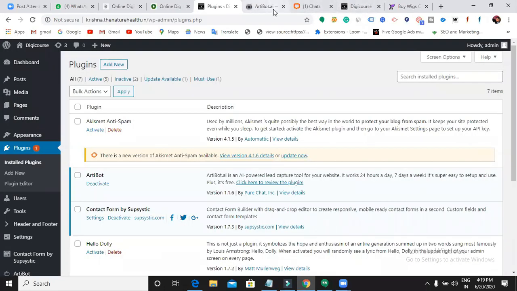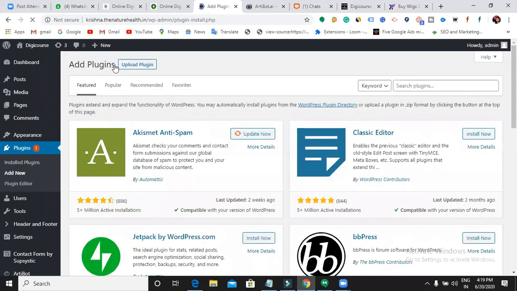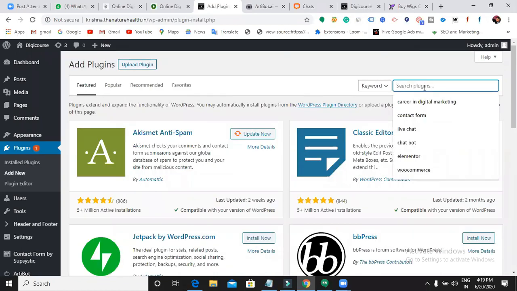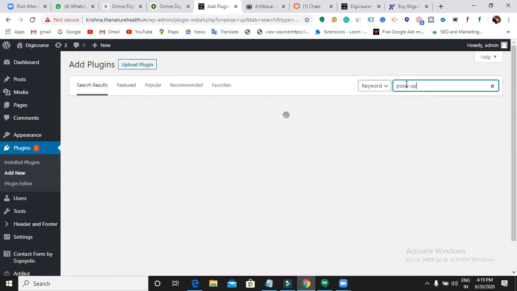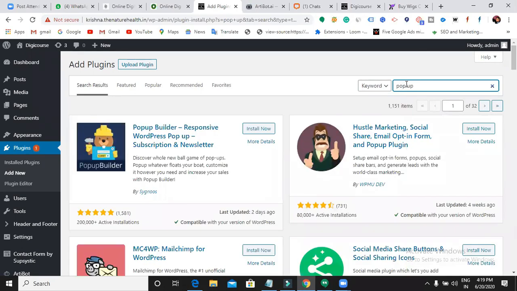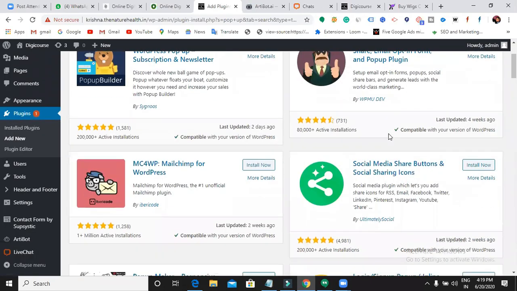Now let us see how to create a pop-up. Add new. What do I have to search for? Pop-up plugins. Again, you have many things here.